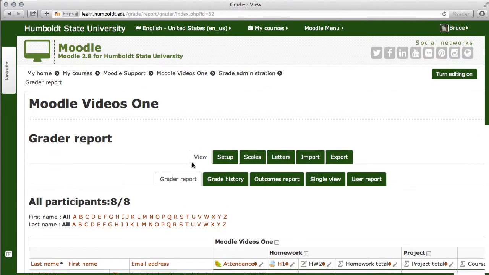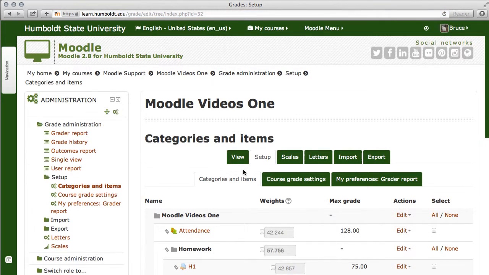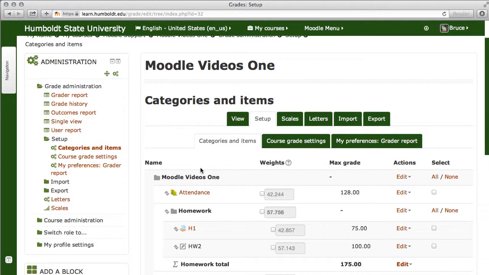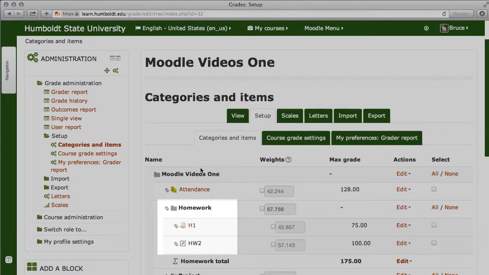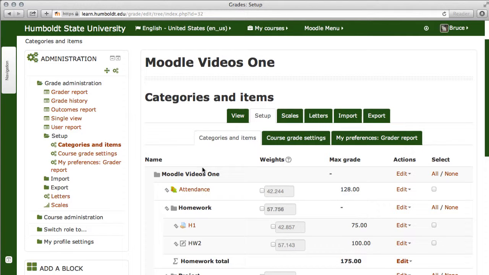So to do that, let's choose Grades here in the left-hand column. Let's go to Setup, and as we look at Homework 1, that has been set up on the front page through an assignment, and notice the icon looks different than Homework 2, which is an Add a Grade item. It's a manual item.